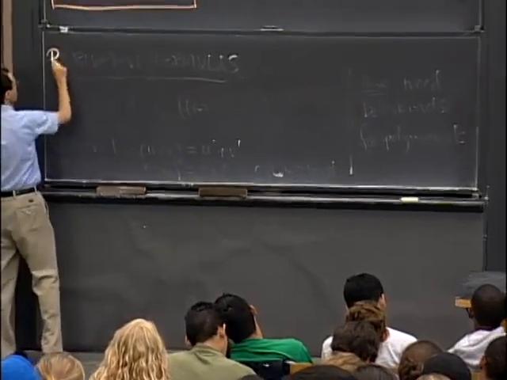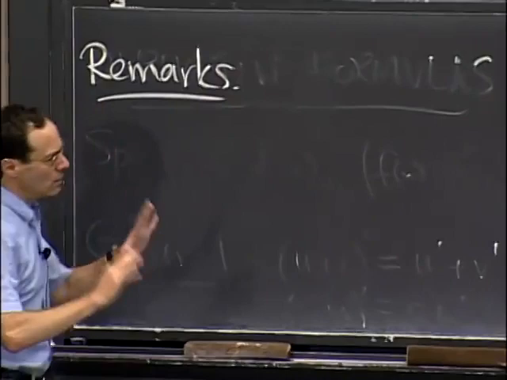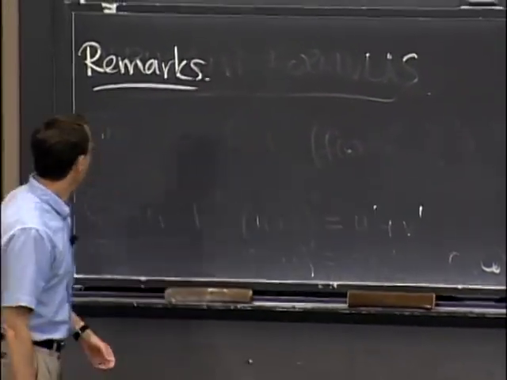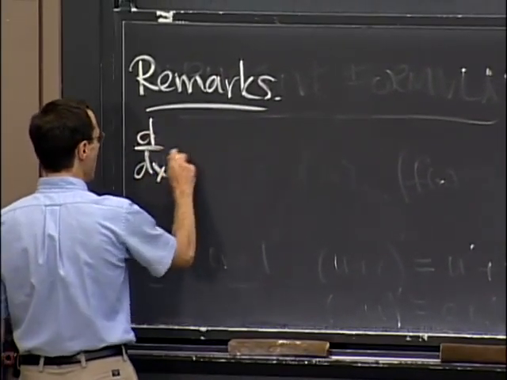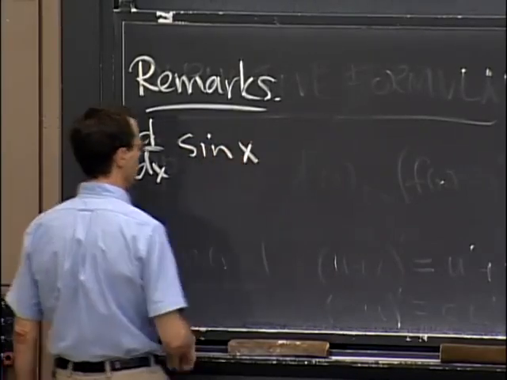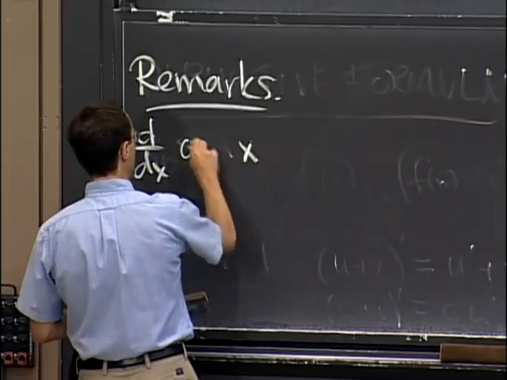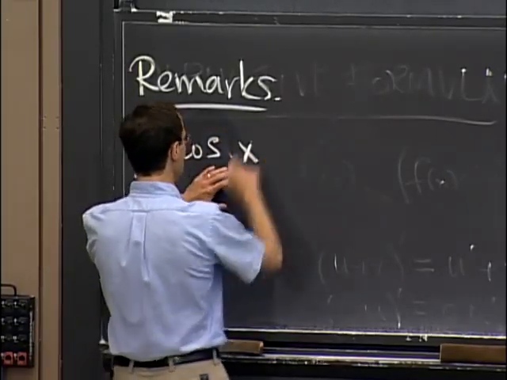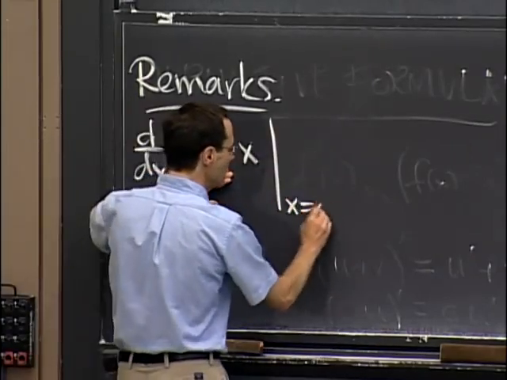So this is just a remark, but it's meant to help you frame how these proofs worked. First of all, I want to point out that if you take the rate of change of sine x, now let's start with cosine, because it's actually a little bit less obvious. If I take the rate of change of cosine x, in other words this derivative, at x equals 0,